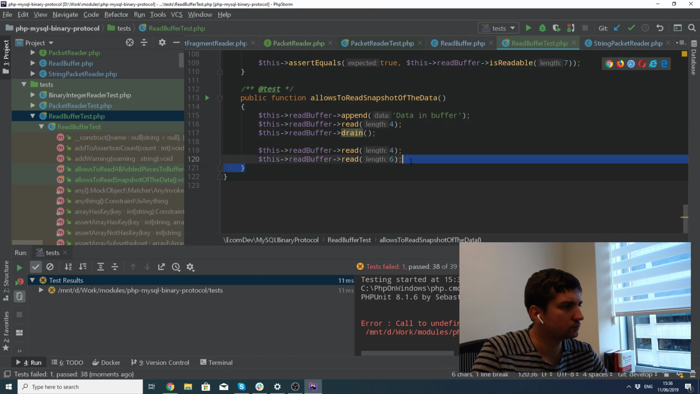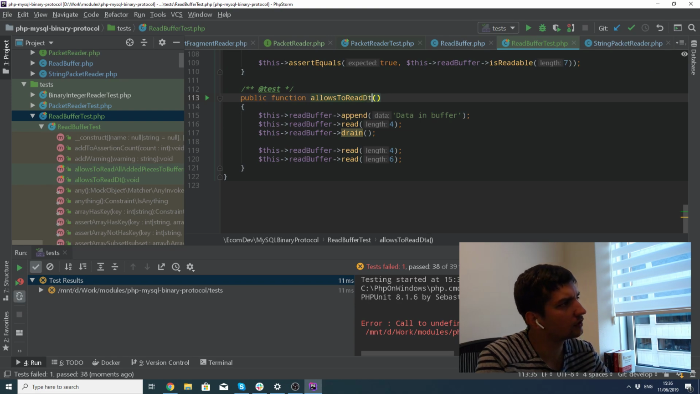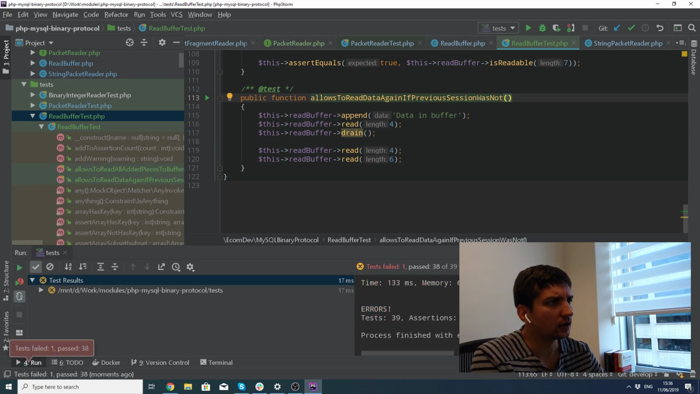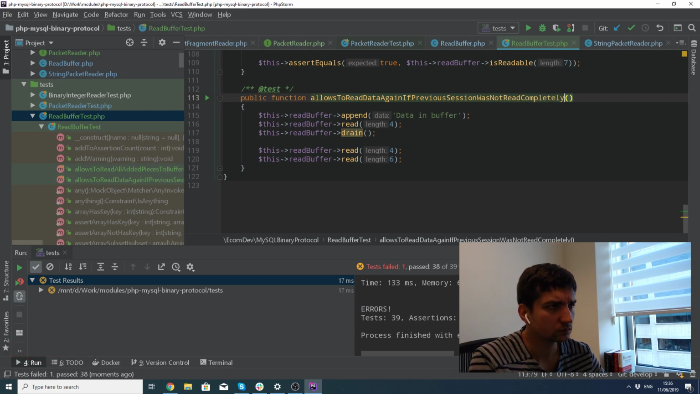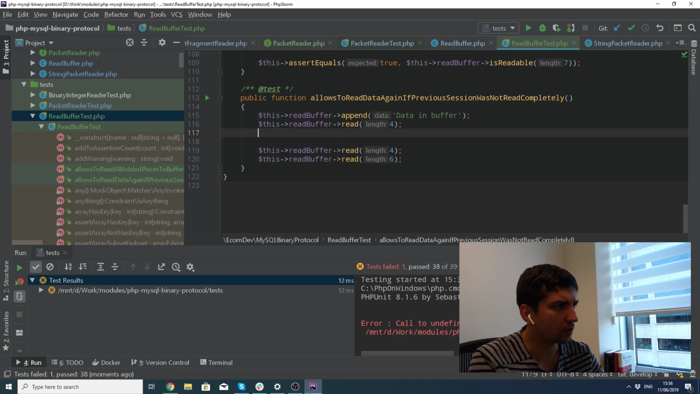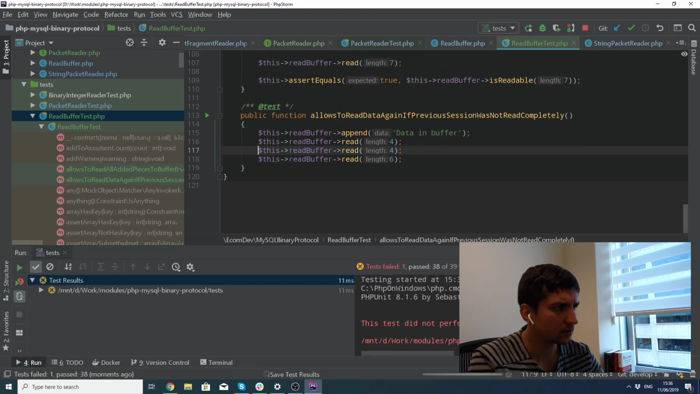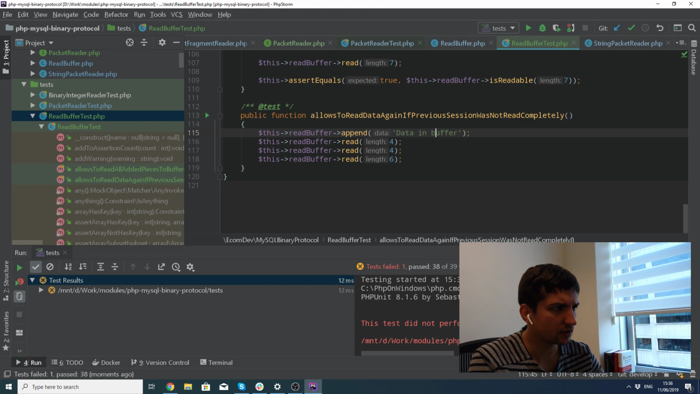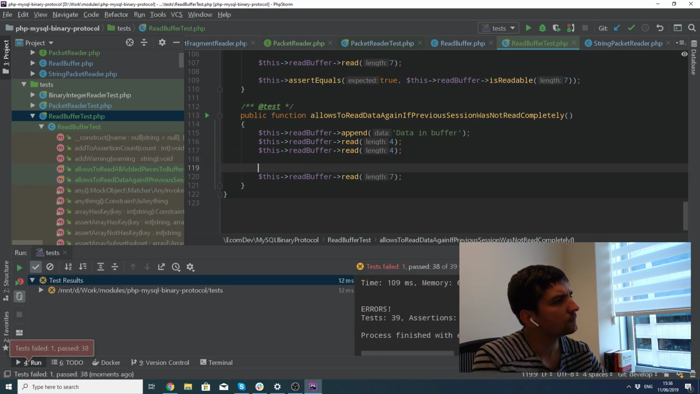Oh, actually, first I'll ask to read data again if the previous session was not read completely. So what I will have here, I will read 4 bytes, then I read another 4 bytes, and then I read, yeah, here it's already how many, 6 characters, so I will try to read 7,